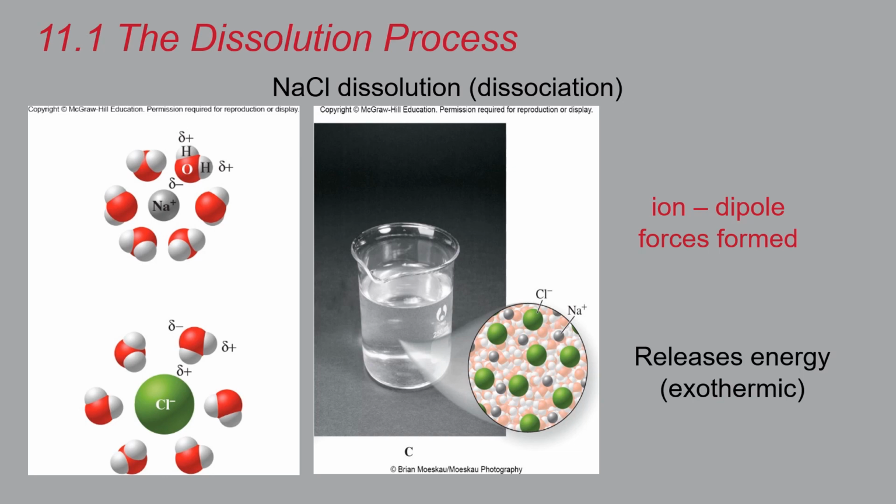It's exothermic. Now the question is, does this release more energy than the breakup of the salt crystal and the hydrogen bonds in water require? In that case, the overall process will be exothermic, and if it's not, it'll be endothermic. More pictures coming. So whether or not the overall process gives off heat or requires heat